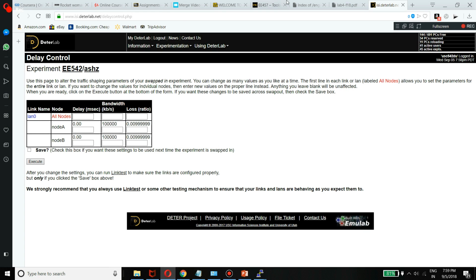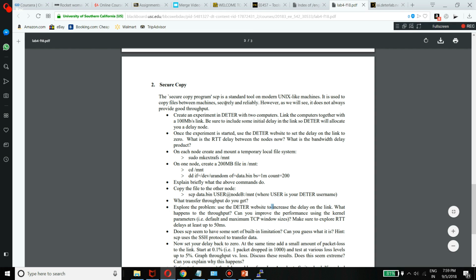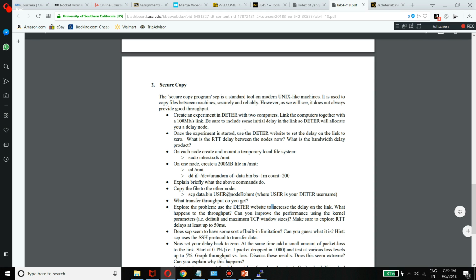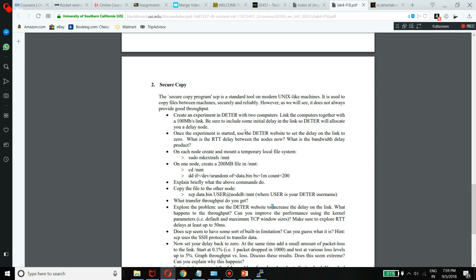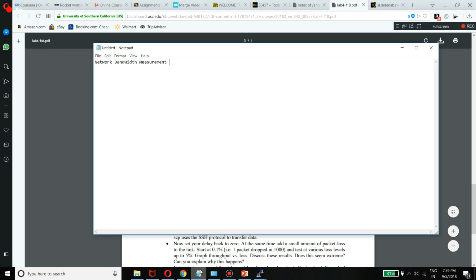For 0 ms delay, we are getting around 0.305, which could be due to the processing delay included in the link. So now to find the bandwidth delay product at 0 delay